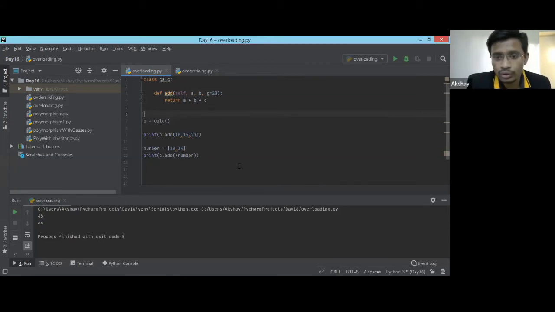When you are going to use overloading in Python, you must know what the different types of arguments are that you can pass. Okay, is that clear? So I guess this is pretty simple. Yesterday we covered a lot of different things. Yeah, right, Nandini? So now, does anybody have any questions, just focusing on overloading?